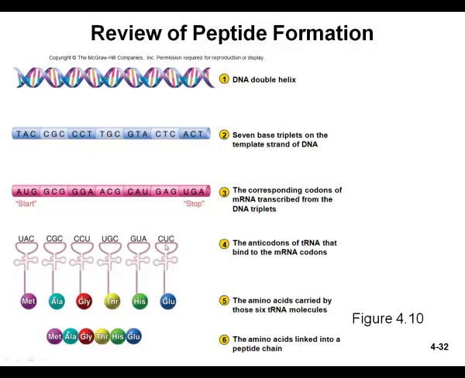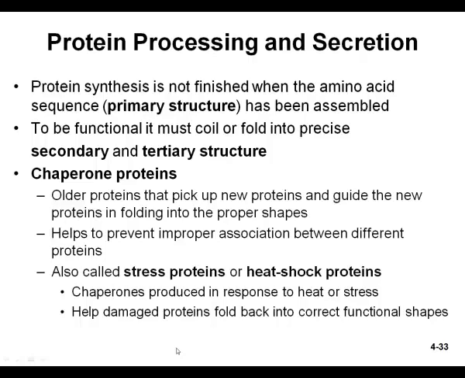Each tRNA will bring in one amino acid. You link the amino acids together, and now you have a peptide chain. That is not the final product. It has to be modified subsequently, and we will do so inside the endoplasmic reticulum, the rough endoplasmic reticulum,